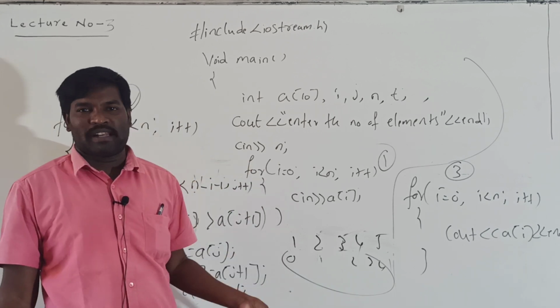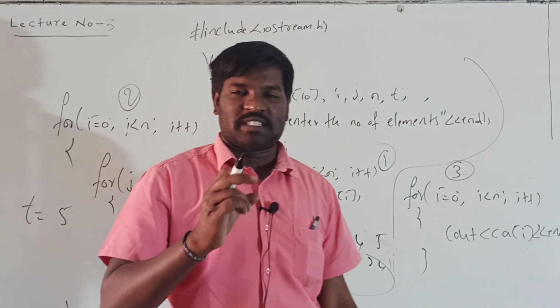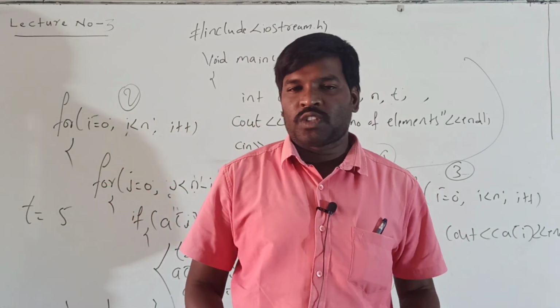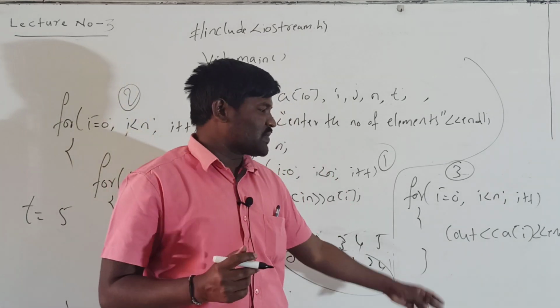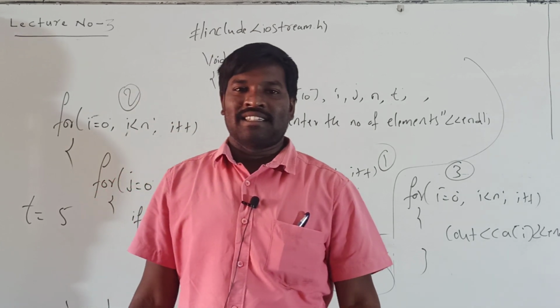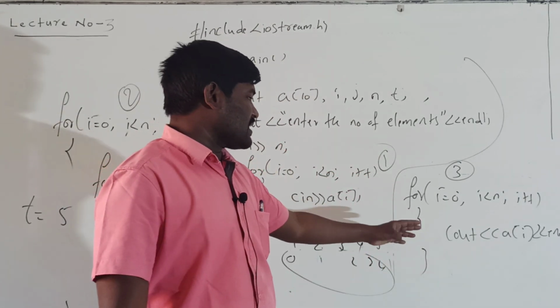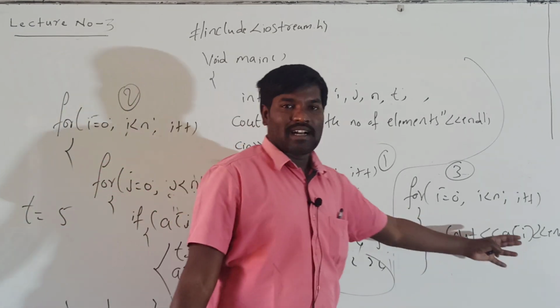Okay, it should be displayed with the help of a for loop. If you want to read the array elements, compulsorily we can use the for loop. Suppose if you want to display the elements, again we have to use the for loop. That's why I can write the for loop here. i is equal to 0, i is less than n, i plus plus. Okay, so all the elements are stored in a only. So that's why I can write a of i.